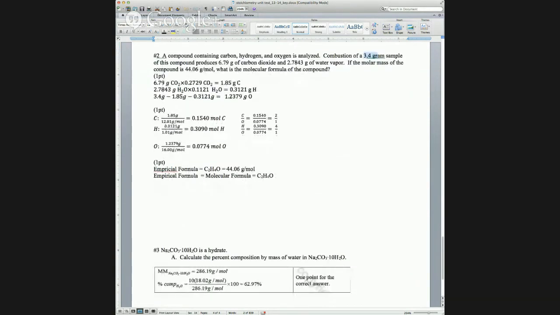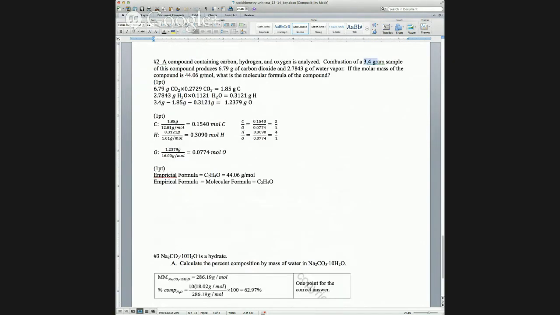Then you get a point for turning all of them into moles. Because once you have the mass of each, you need to know the mole ratio. So you take each of them, you divide by the molar mass of the element, and you get the moles. And whichever one is the smallest, in this case it's oxygen, you're going to divide the others by oxygen. That means oxygen is your 1, right? That's going to be your 1 when you write the formula. So you can see that the oxygen goes into hydrogen 4 times, the oxygen goes into carbon 2 times, so it's